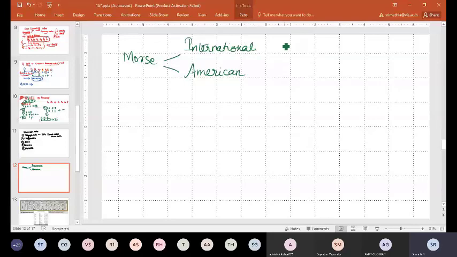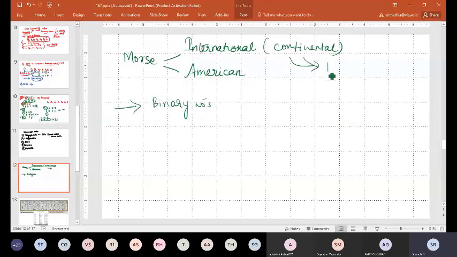This international Morse code is otherwise called continental code. And this Morse code is represented in binaries. The continental or international code is used for radio transmission, whereas the American code is used for landline transmission.